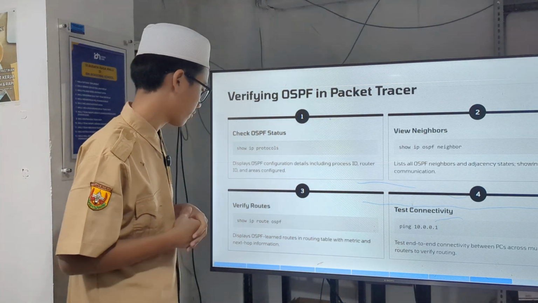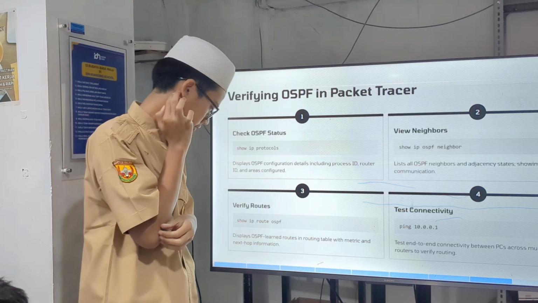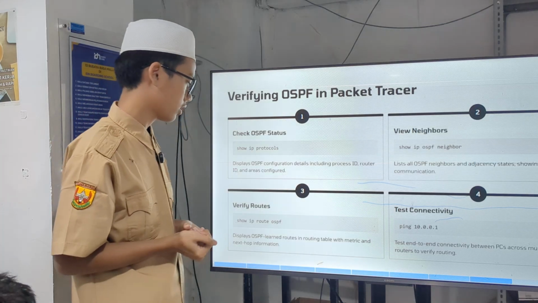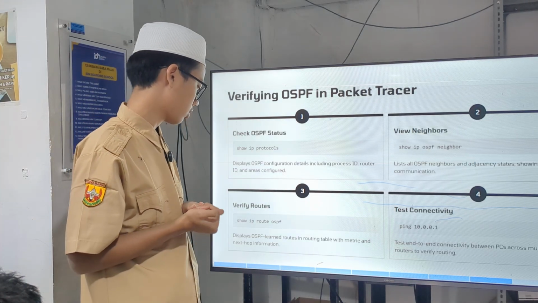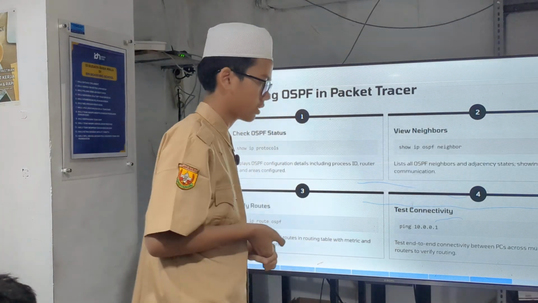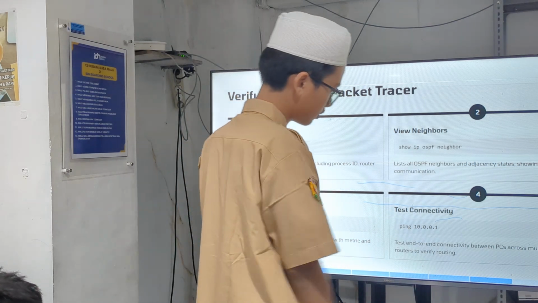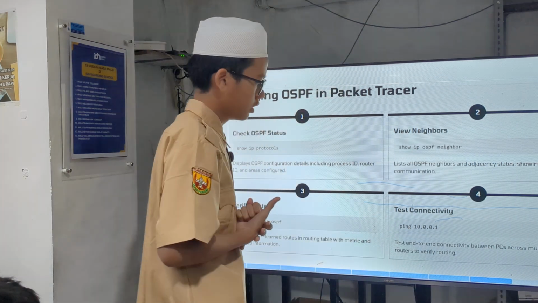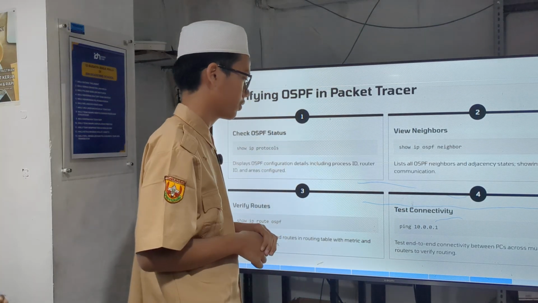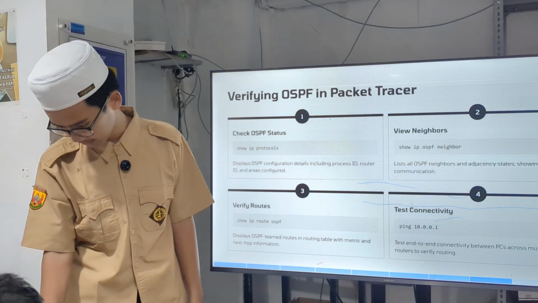The third is verifying routes. You can type show ip route ospf, which displays OSPF learned routes in the routing table with metric and next hop information. And the last is test connectivity. For example, you can ping the IP of a neighbor like this, which tests end-to-end connectivity between PCs across multiple routers to verify the routing. Okay, that's for verifying OSPF.